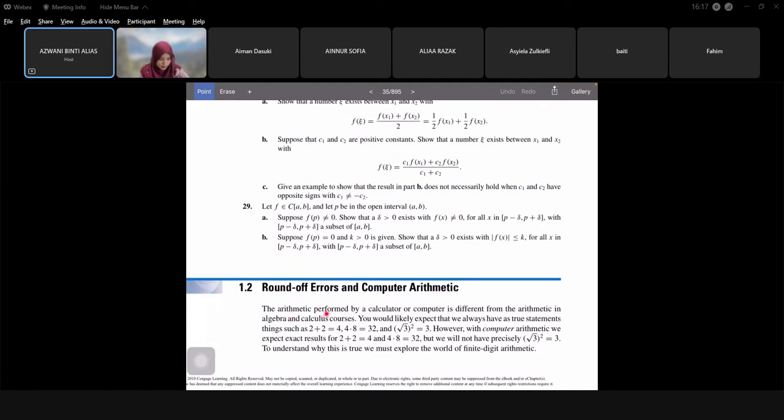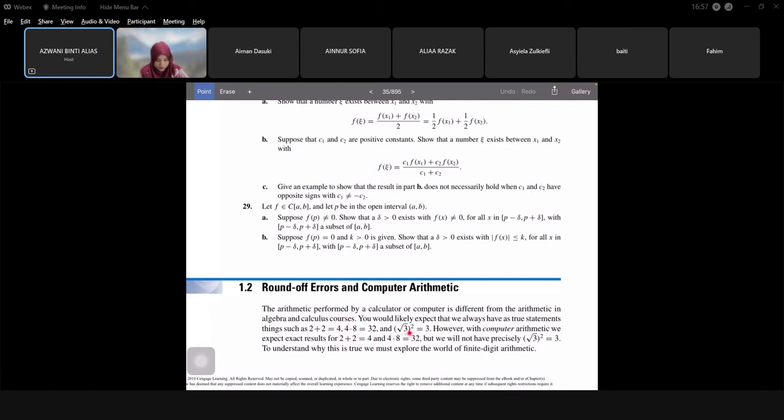The arithmetic performed by a calculator and computer is different from the arithmetic, maksudnya apa-apa pengiraan, dalam algebra and calculus. So, for both algebra and calculus, you akan dapat the exact solution lah, you akan dapat solution terus. You would likely expect that we only have a true statement. Maksudnya dalam the simple maths ataupun dalam algebra atau calculus ni, we have a true statement such as 2 tambah 2 sama 4, 4 multiplied by 8 is equal to 32,